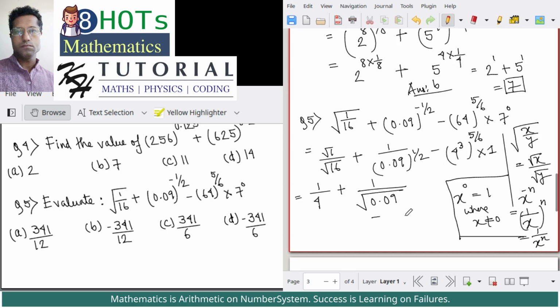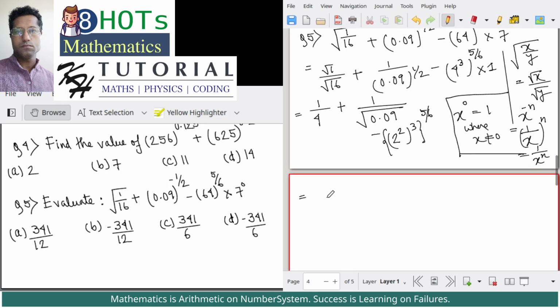and then we have (minus 4 cube) whole raised to the power 5 by 6. Now I can see that the power 3 and the power 5 by 6, when they are multiplied, give 5 by 2. So 5 by 2 is not an integer, so I have to break down 4 in exponential form, and 4 is nothing but 2 square. So (2 square) cube, and this whole raised to the power 5 by 6, and we have multiplied by 1, which is not necessary. Okay,